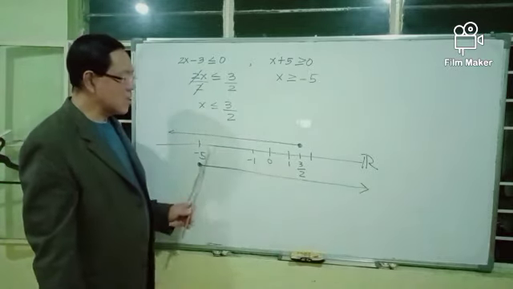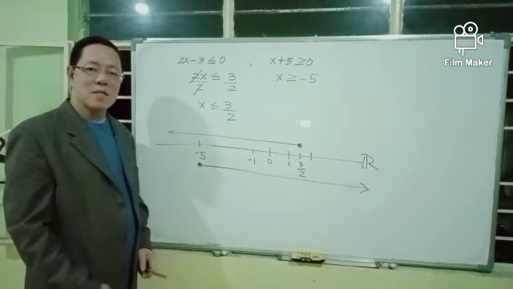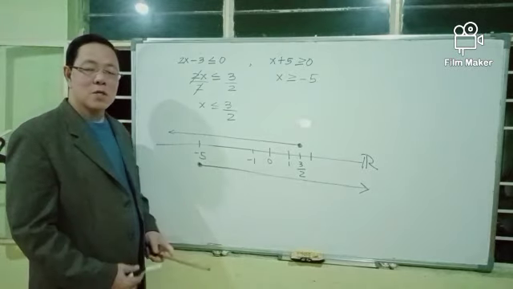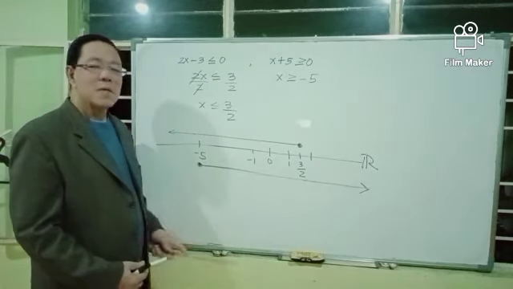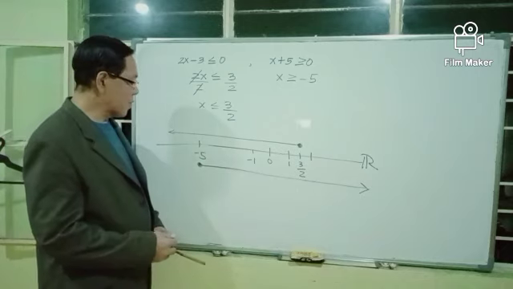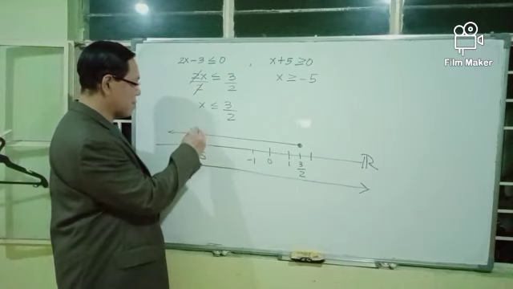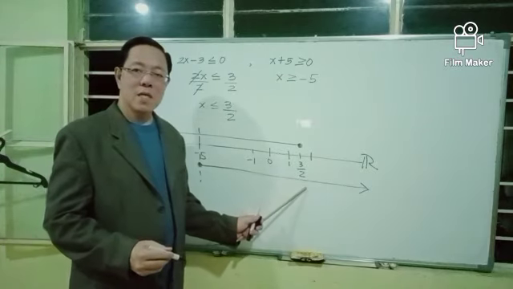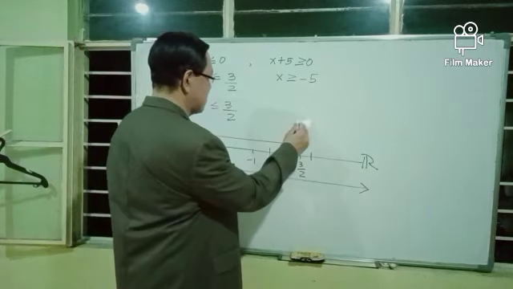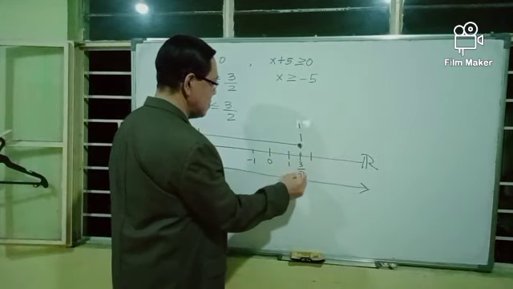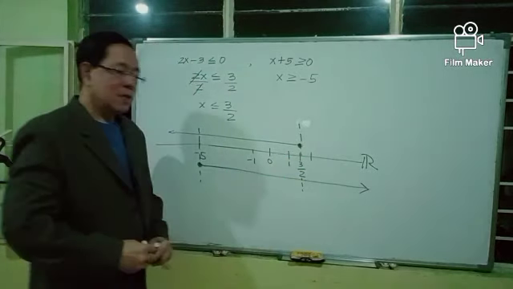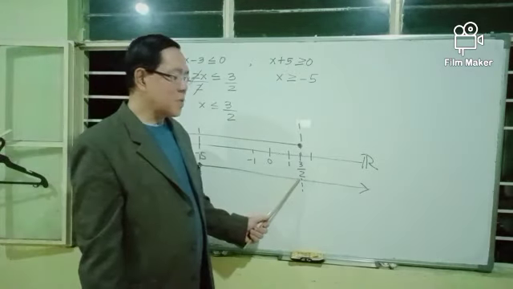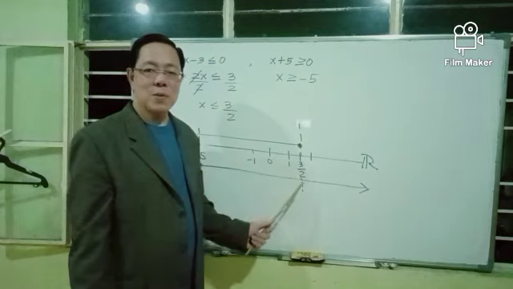And by inspection of this diagram, you can see that the real numbers common to these solutions, to these arrows, are those real numbers from negative 5 up to 3 over 2. The real numbers from negative 5, including negative 5, up to 3 over 2, including 3 over 2, is the